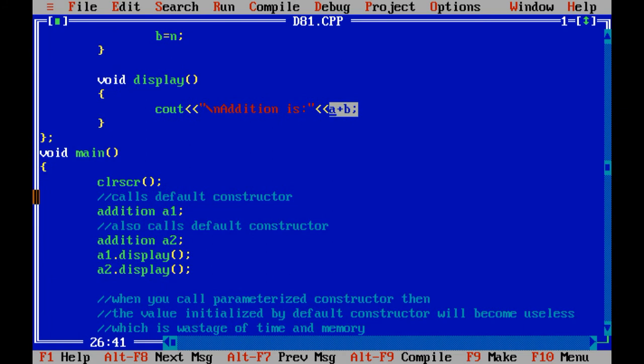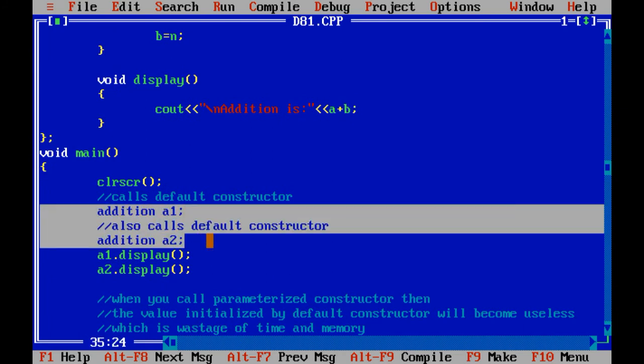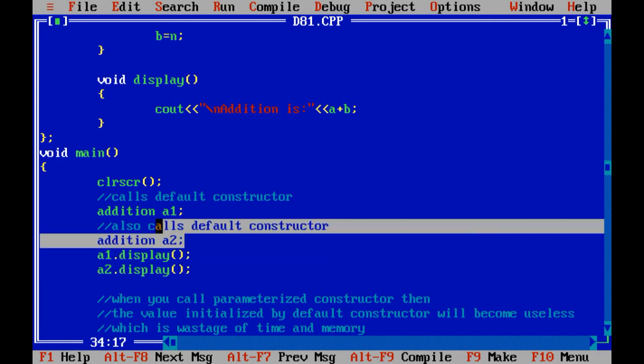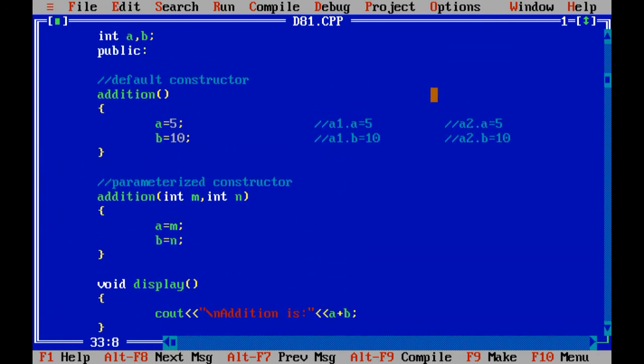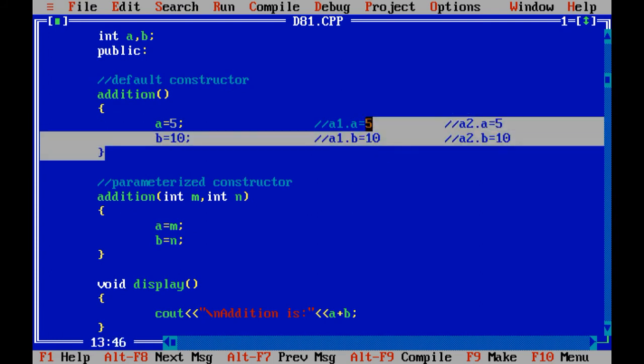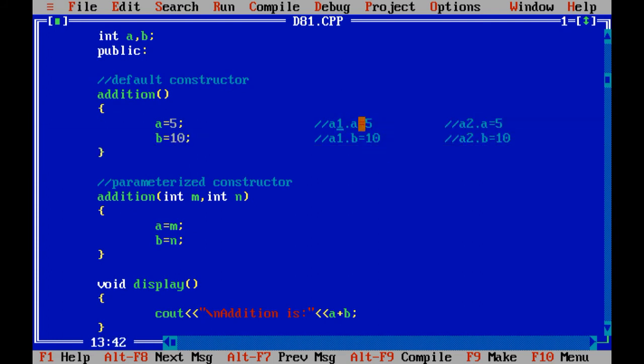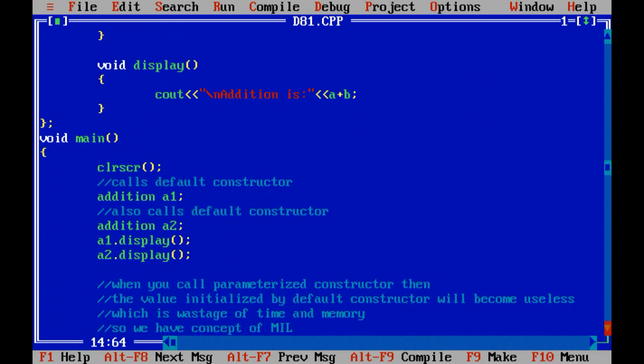Now first of all I have created two objects of the addition class, that is A1 and A2, and I have called the display method for the same. In both cases it will print 15 because the value of A is 5 and the value of B is 10. So A1.A contains 5, A1.B contains 10, and A2.A contains 5, A2.B contains 10. So both will print 15.